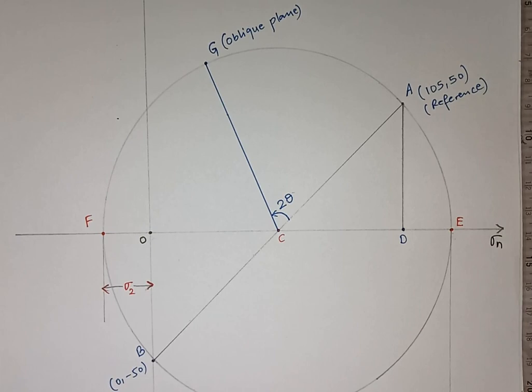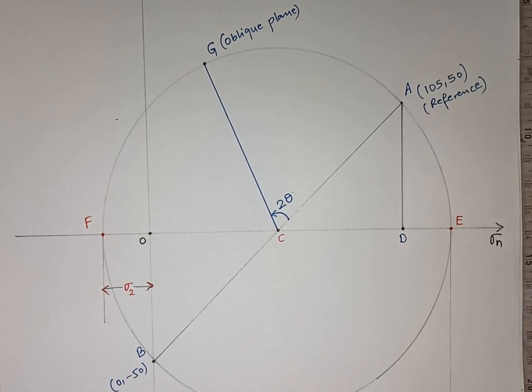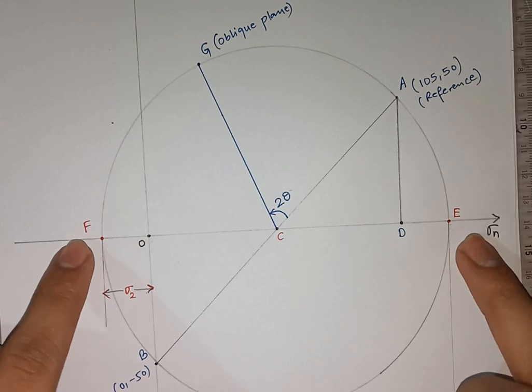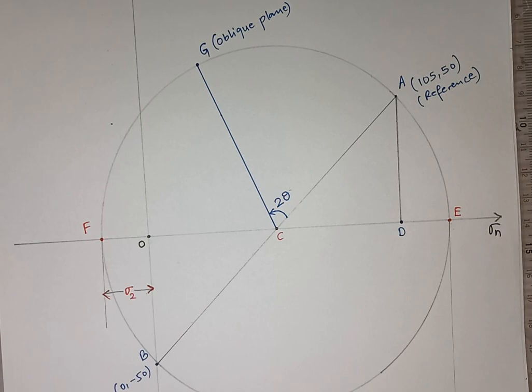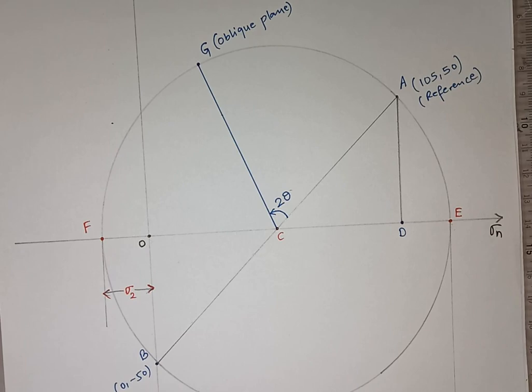Now after drawing this oblique plane, I have already located the principal stresses. Now let me locate the location. Okay, I have already known the magnitudes of principal stresses. If I measure this and if I measure this, it gives me the magnitude. In order to know the location, I need to locate 2 theta P1 and 2 theta P2. How I am going to do it? I am going to do it with respect to my reference plane.